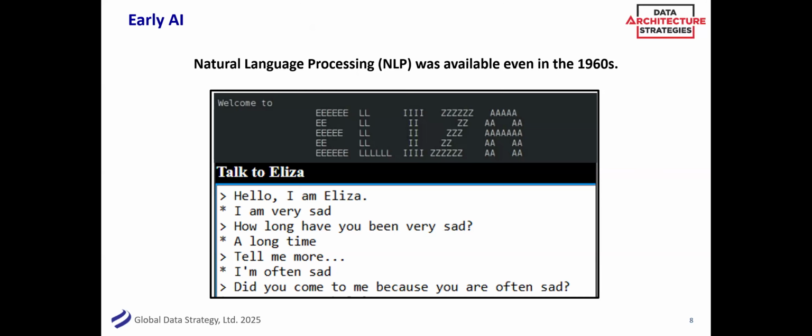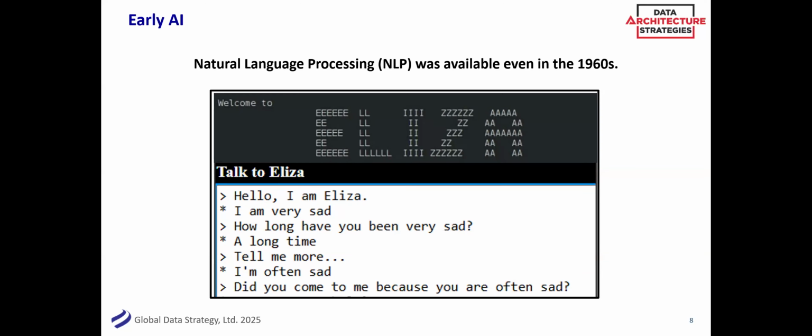I remember in college doing natural language processing and AI, and this is an example. I'm not that old, but I remember playing with this, right? Eliza, if anyone played with it, was a really early kind of AI that sort of represented a really bad therapist, if that makes sense. Almost your stereotypically bad therapist.